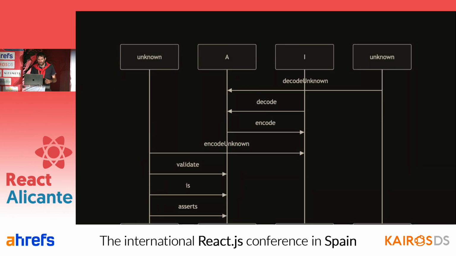And now that we have seen that we have those two data types, we can fully describe all the operations that Schema is able to perform at runtime. Schema can take in an unknown value, and given that unknown value, thanks to its internal AST, it can first check that that unknown value is the input encoded we expect. Let's take the date example. Given an unknown value, it will first assert that that value is a string, and after it has asserted that it's a string, it will perform the decode operation that converts a string into a date.